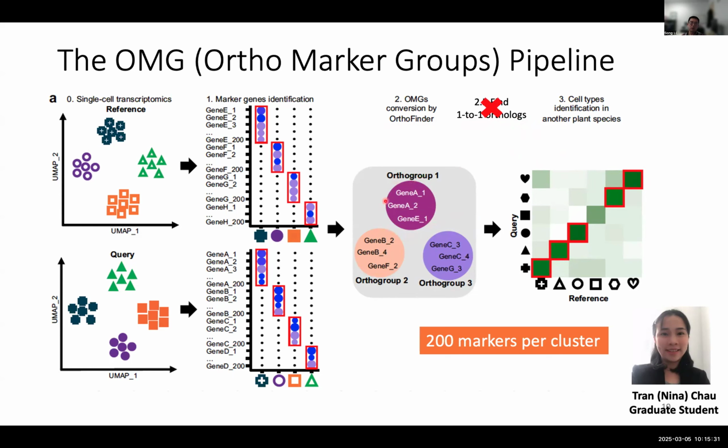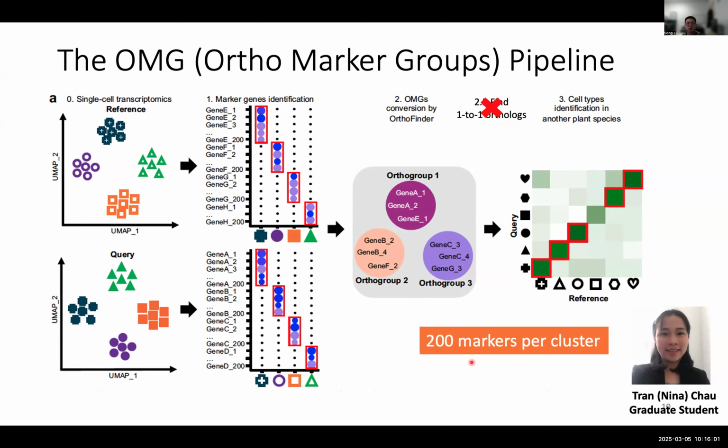To put it another way, if you have 2 genes in Arabidopsis, and you have 1 ortholog in rice, to those 2 genes, you count all of them in one single ortholog group. And then you do that ortholog marker test using statistical enrichment. And we use 200 markers per cluster. I have a slide to show why that is the case. But we don't want to use too many markers, because if you have too many markers, the enrichment fold change of those markers becomes very, very low.